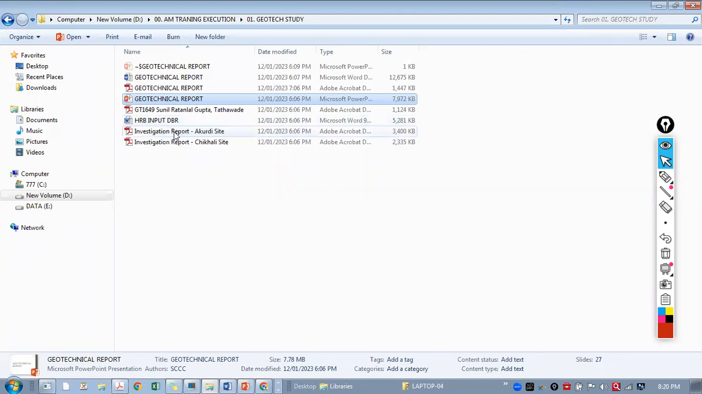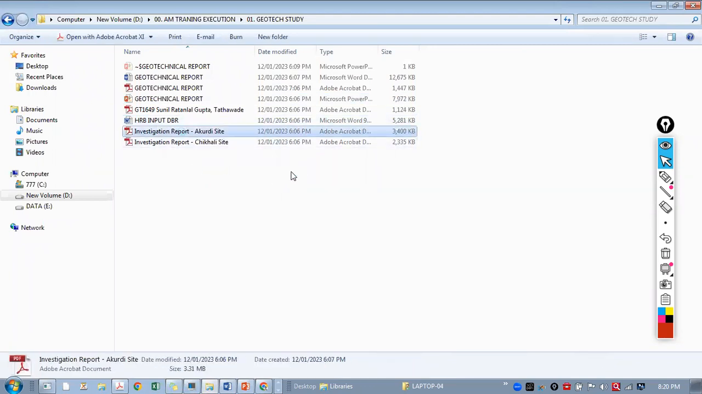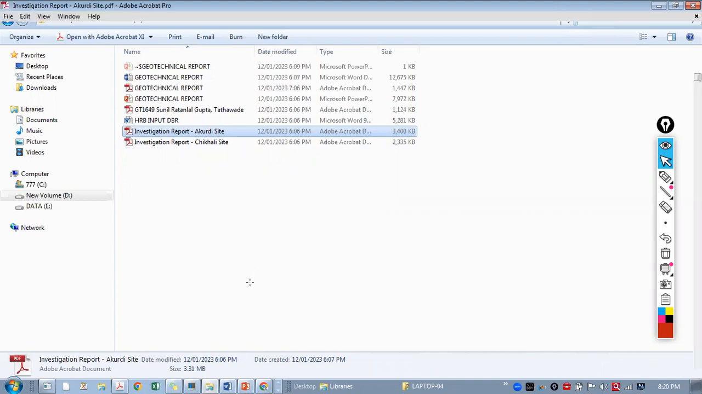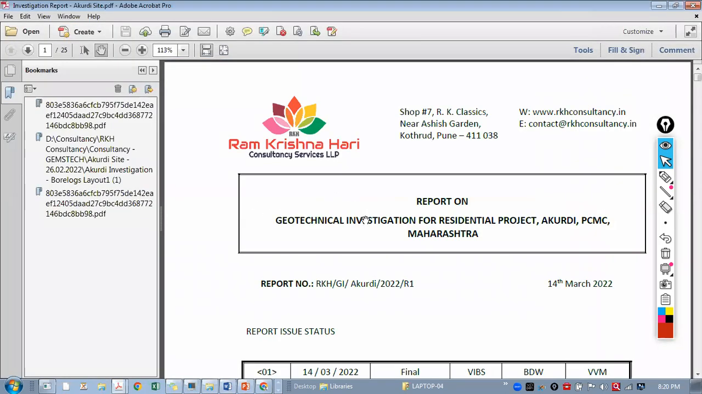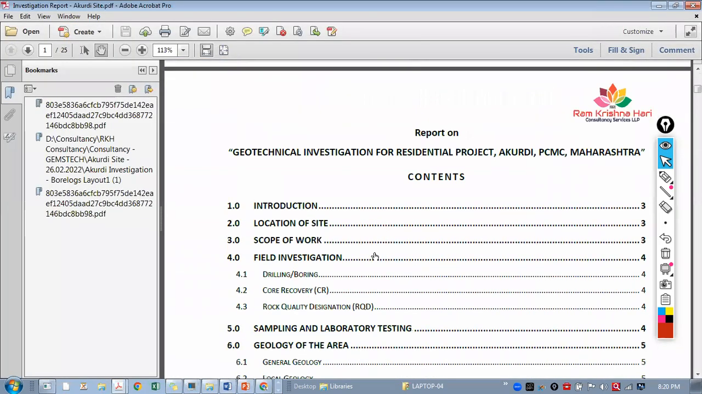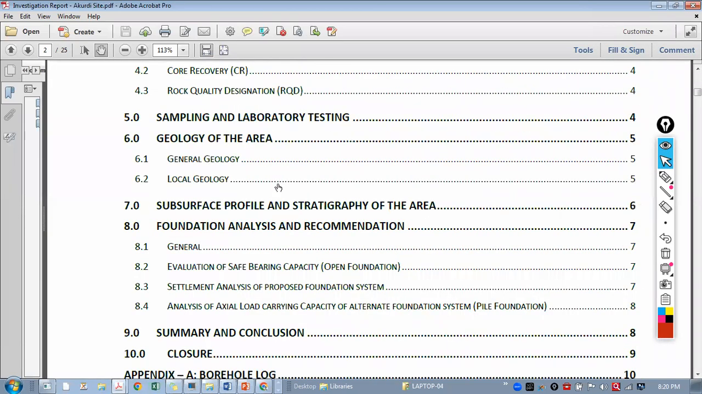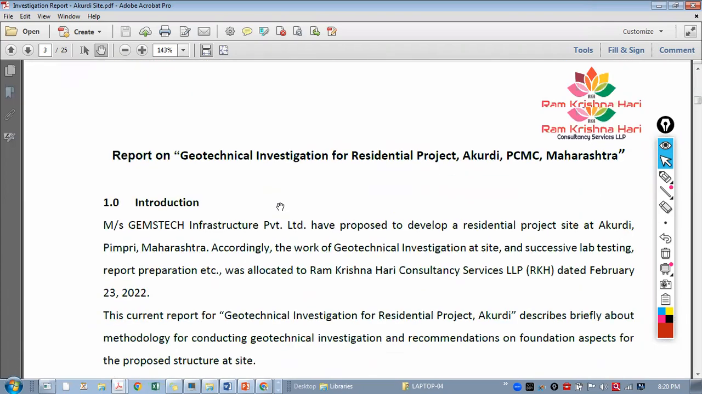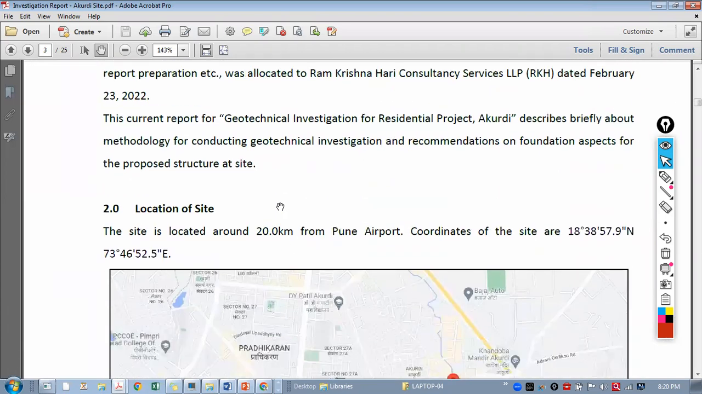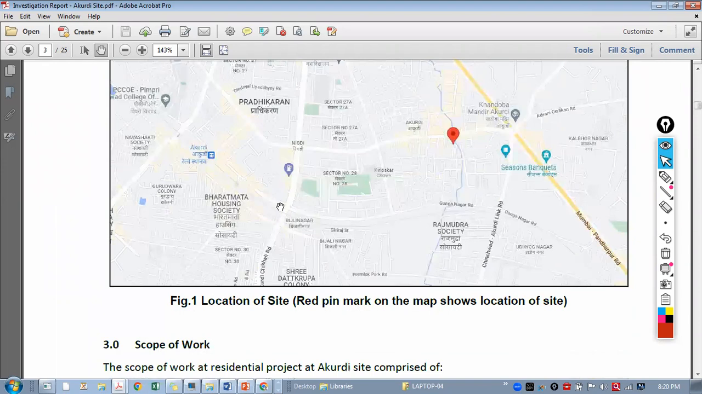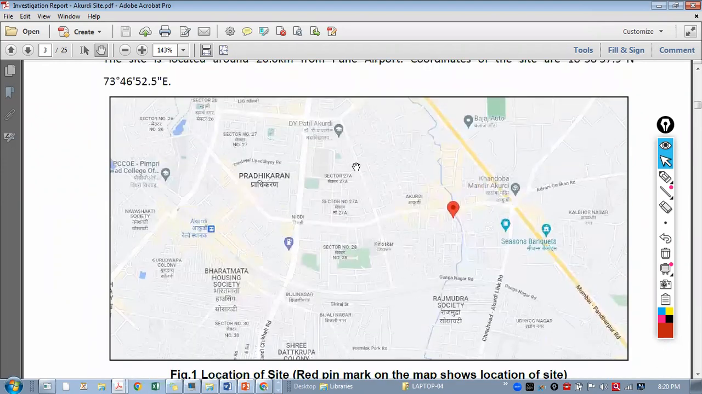So there are many geotechnical reports. I will show you one or two. This is for some other project. Now here, I think in that report, the geotechnical consultant has suggested open foundation or isolated foundations. In this report,